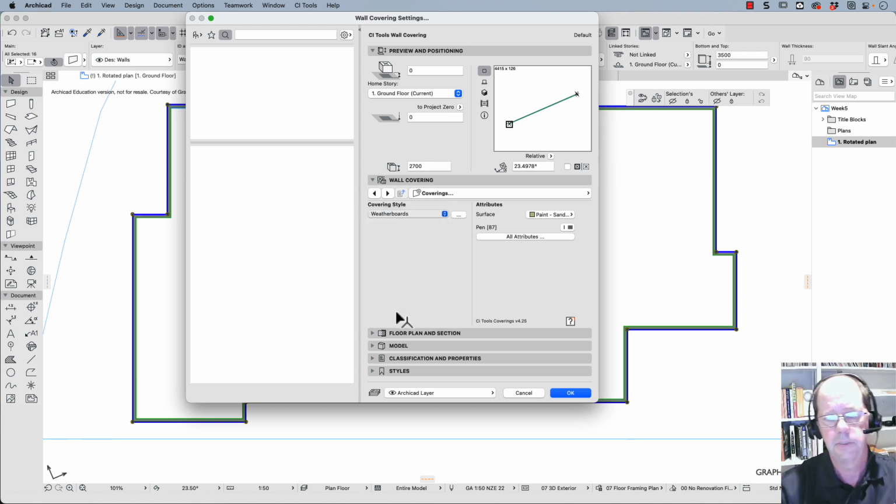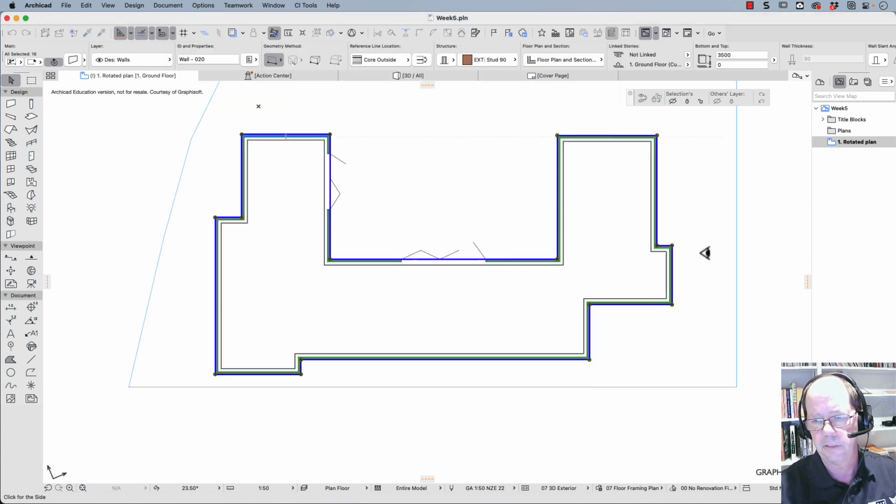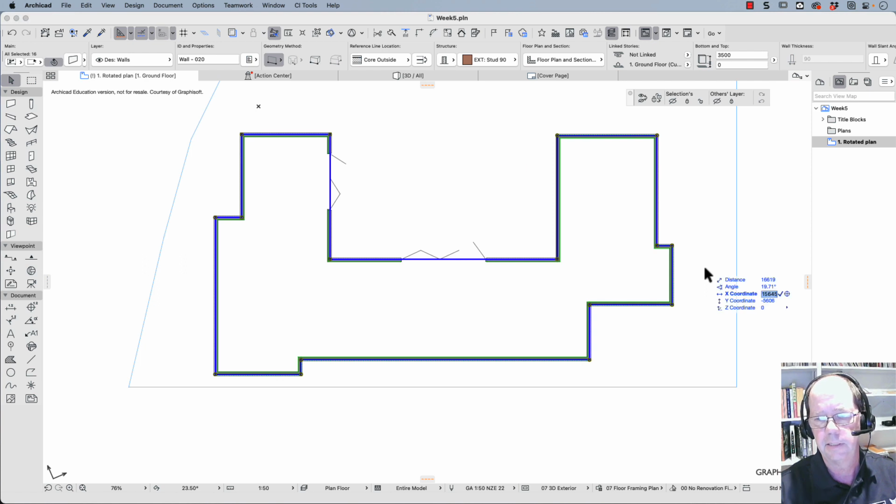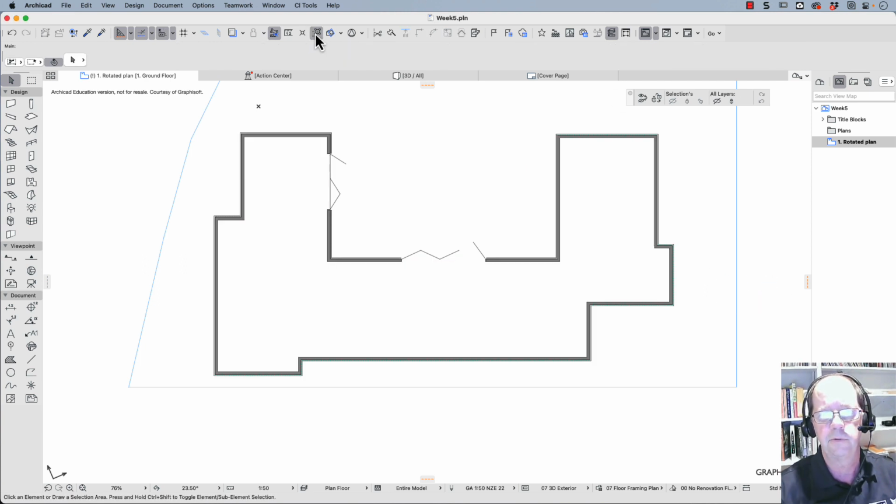weatherboard, and I'm not going to go into all the settings. I'm going to go okay. Now make sure you're outside the building, so it puts all the coverings on the outside. Now if you do turn off the suspend groups,